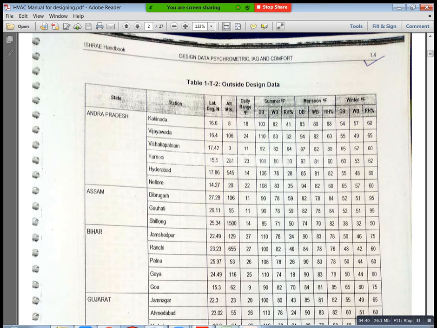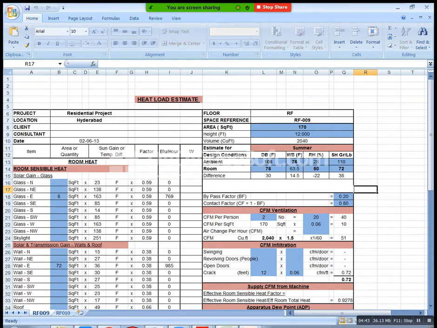Okay, and room temperature we already know. If you know these 2 values, we can find out the remaining values very easily. How can you find out your remaining values? By using your psychrometric concept, psychrometric chart, or otherwise you can follow psychrometric analysis software. That is your choice. You can use any one and you can take those values, not a problem.